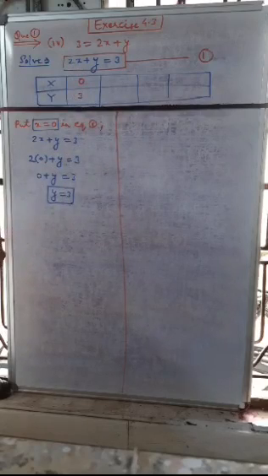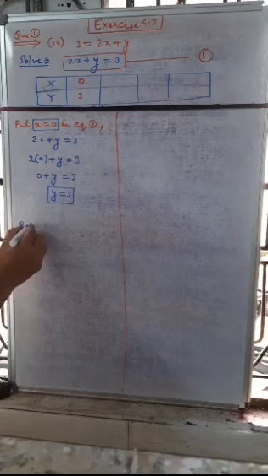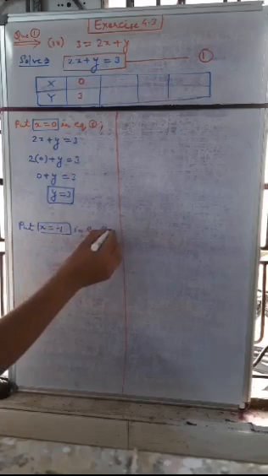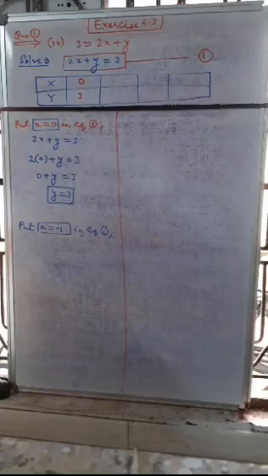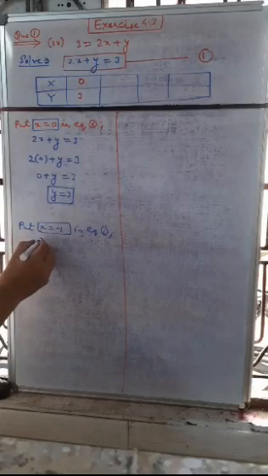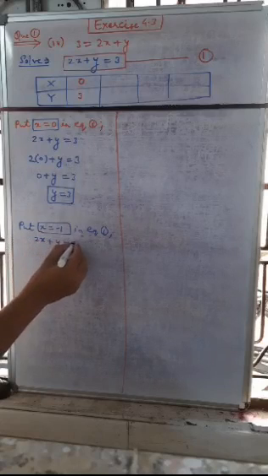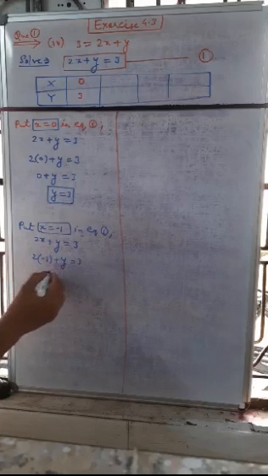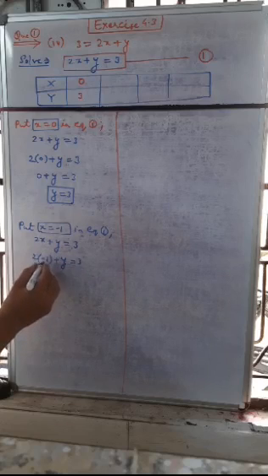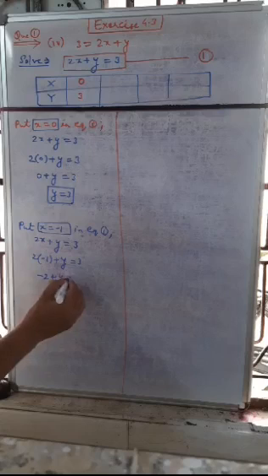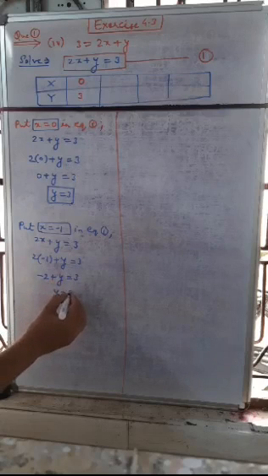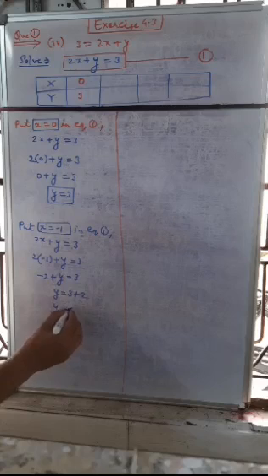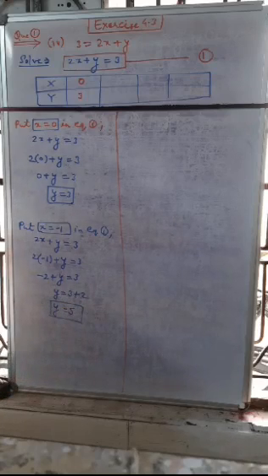Similarly we can put another value. Put x is equal to minus 1, suppose, in equation 1. The same equation we will use. We have the equation 2x plus y is equal to 3. So 2 into minus 1 plus y is equal to 3. Then 2 ones are 2, but here the minus sign stays, so minus 2 plus y is equal to 3. So y is equal to 3, and minus 2 will be transferred to the right hand side, so it becomes positive. So y is equal to 5. Now we have two values.